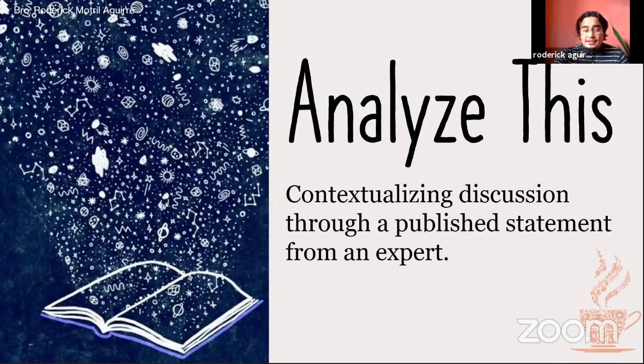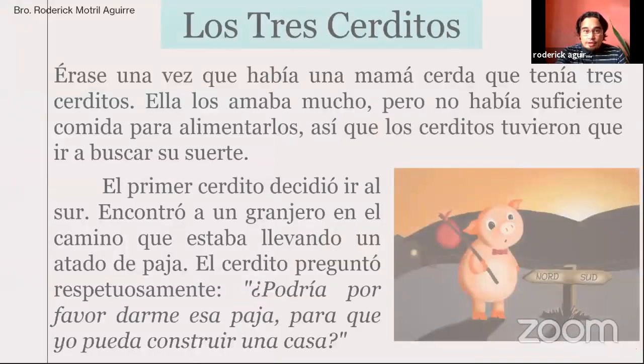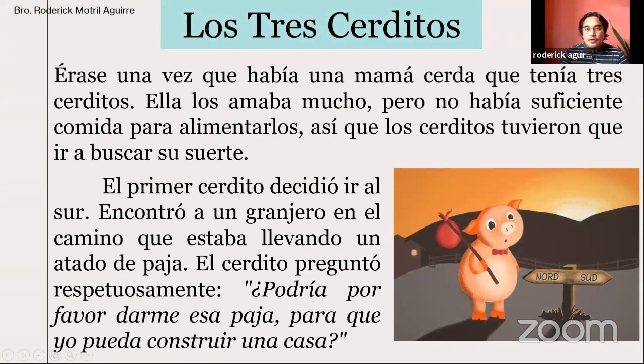So let's analyze this so that we could see the connection between why decoding is very important as a foundation skill of reading comprehension. I would like us to look at this story. Okay, I'll read to you the story and then I'll ask you questions afterwards. This is just one paragraph, two paragraphs of a story. I'm not gonna present the whole story itself. So it says,